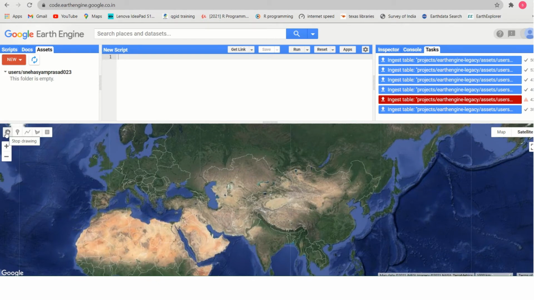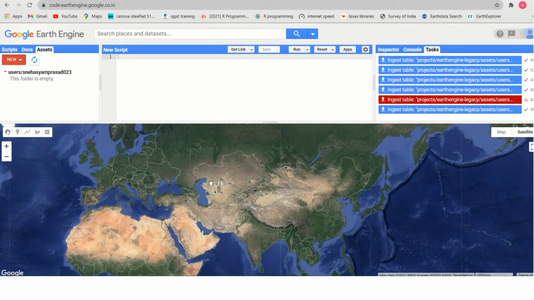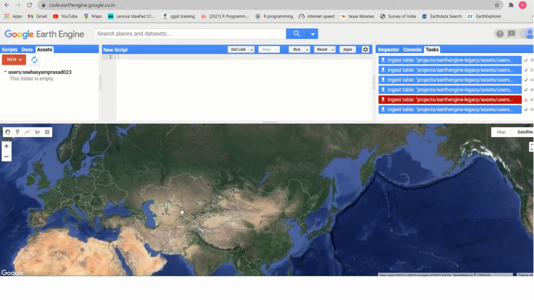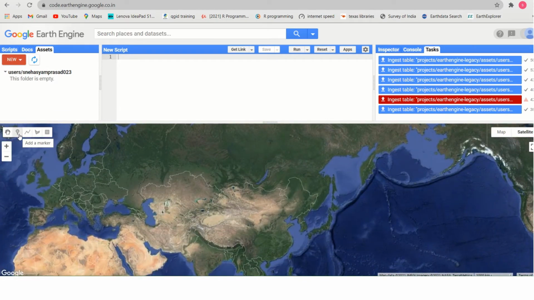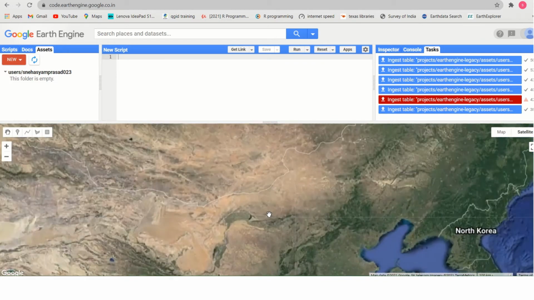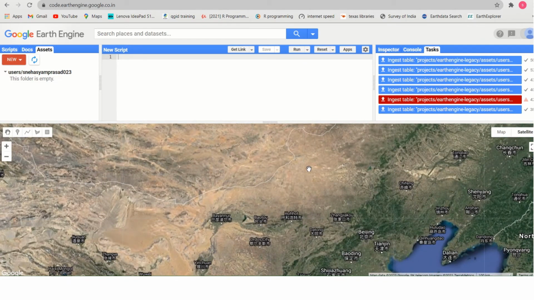This is the stop drawing option, so you can move the map like this. You can use this for points, and this is for line features. And you can draw shapes, rectangular or irregular shapes. If you want to capture any particular place, you can use this rectangle and irregular shapes for capturing that particular data. Or else, if you have a shape file, you can load it.